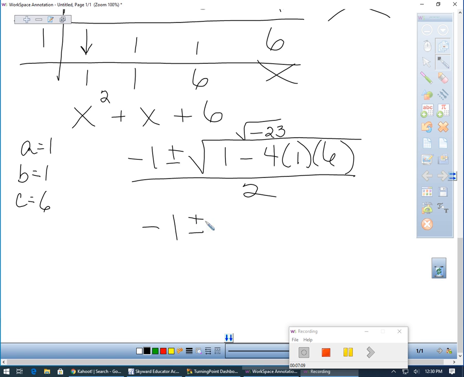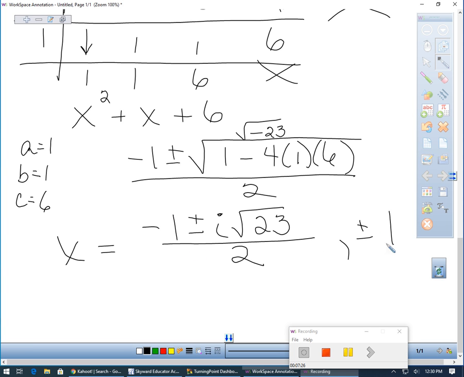Okay, thank you, Braden. That's perfect. Square root of 23 over 2. Can I reduce that or simplify it at all? Nope. So I have x equals, there's 2 of my zeros, and then of course we have plus and minus 1 as my other 2 zeros. So looking at this,